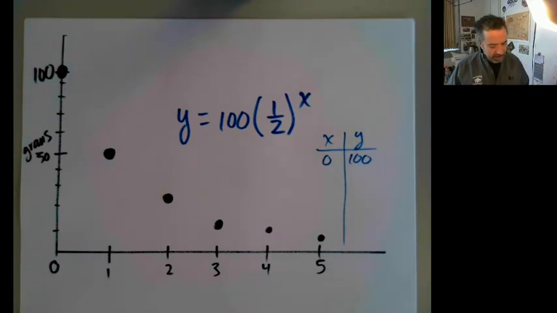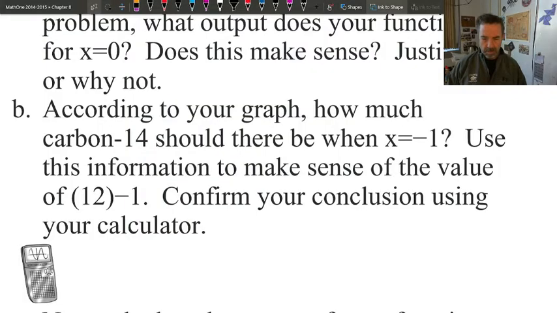Does that make sense? Justify why or why not. Yeah, that makes sense, because if no time has elapsed, we have all the carbon-14 that we started with. So according to your graph, how much carbon-14 should there be when x is -1? Use this information to make sense of the value of,